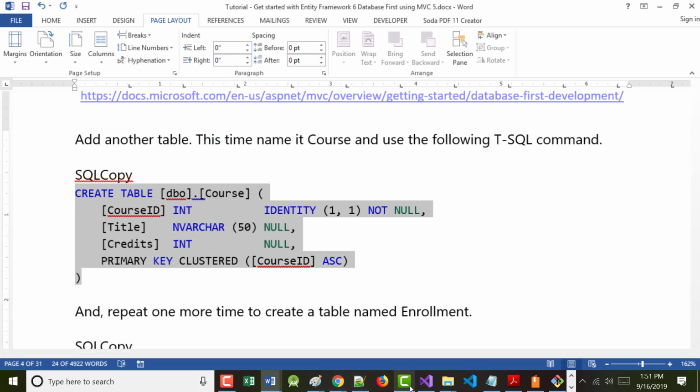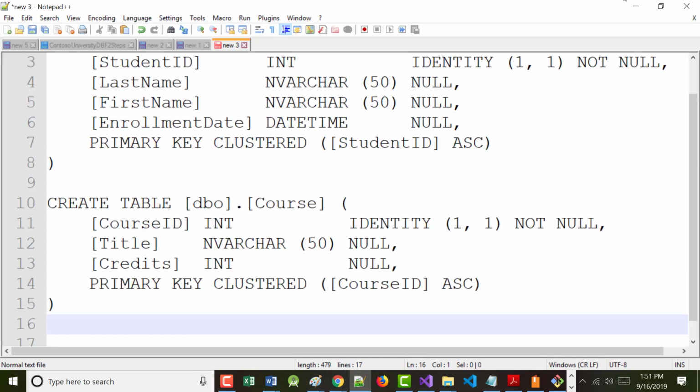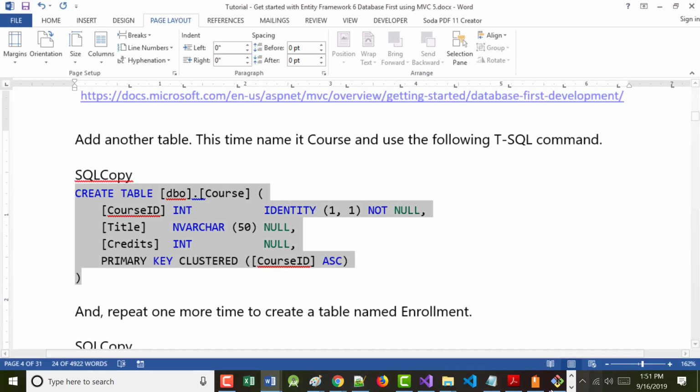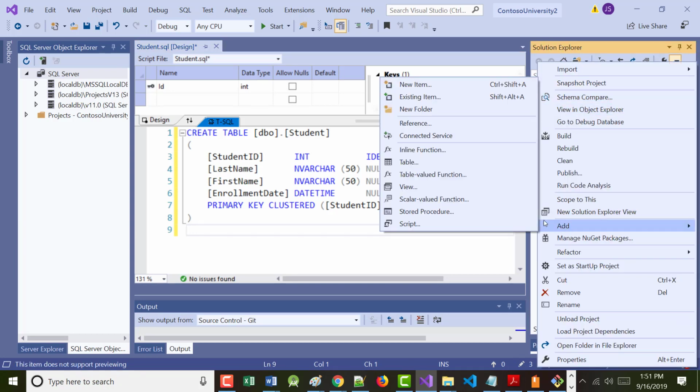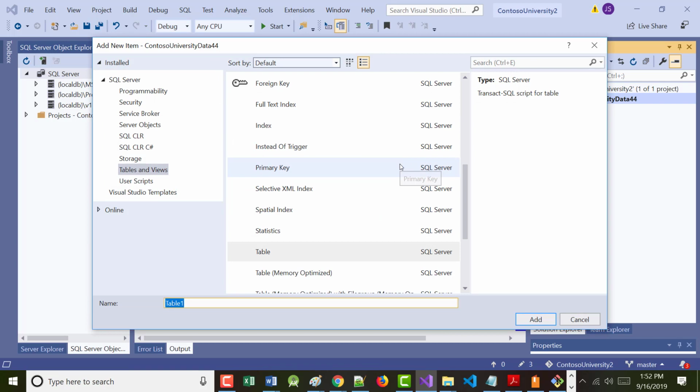Now, hold on. Just so you see this, I want to make sure you do it in the right place. So what do we have to do? We have to go back into here, right mouse click on the name of our project, our ContosoUniversity 44, whatever it is for you, choose Add Table, and this one will be Course.